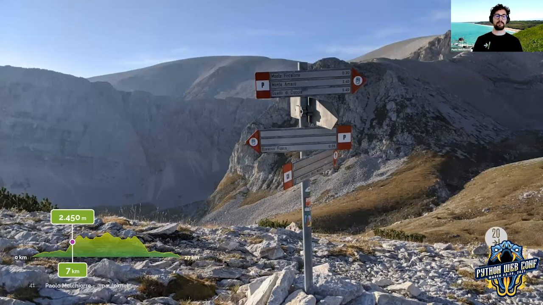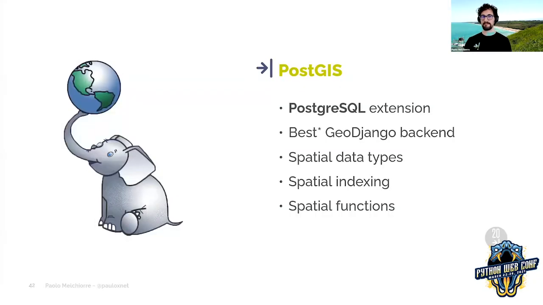We then continue implementing the final version of our map. First, let's start using PostGIS as a new backend engine. PostGIS is a PostgreSQL extension, and it's also the best database backend for GeoDjango. It internally integrates spatial data and has spatial data types,